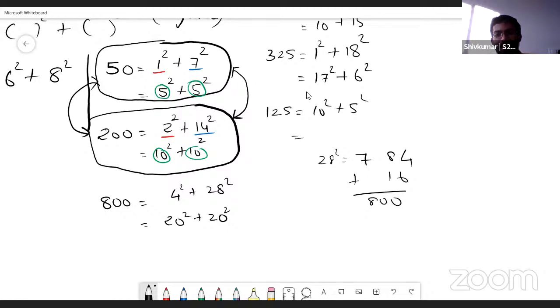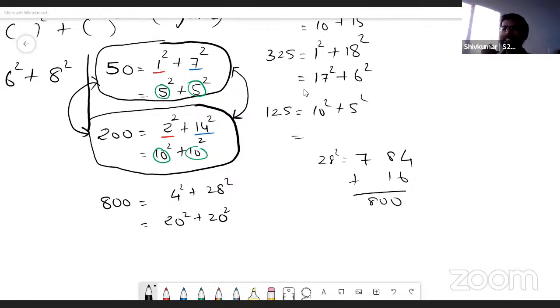So now let us come to this question. How many numbers are the sum of two squares in two different ways? What do you think? How many such numbers exist? Infinite. Right, as we can multiply it many times.